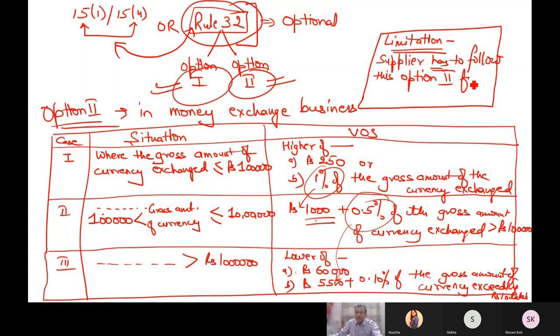It cannot be changed in between. This is the point which should be noted. If this option is exercised, then you cannot withdraw it. You have to apply it continuously for the entire financial year. Next and the final example is